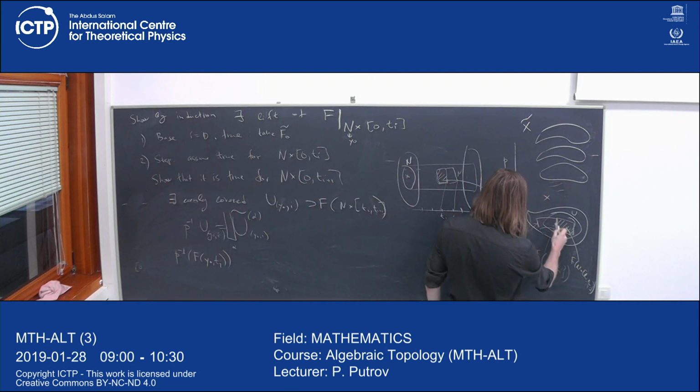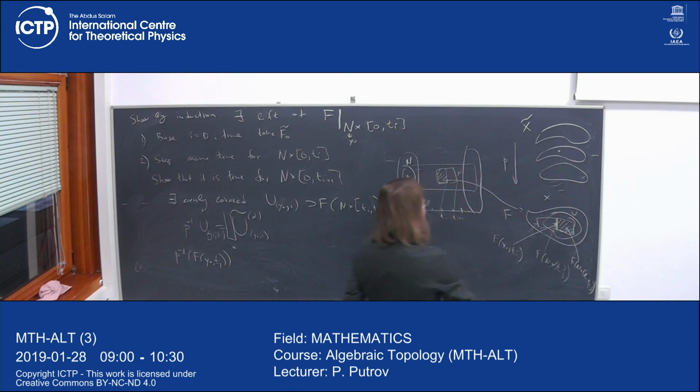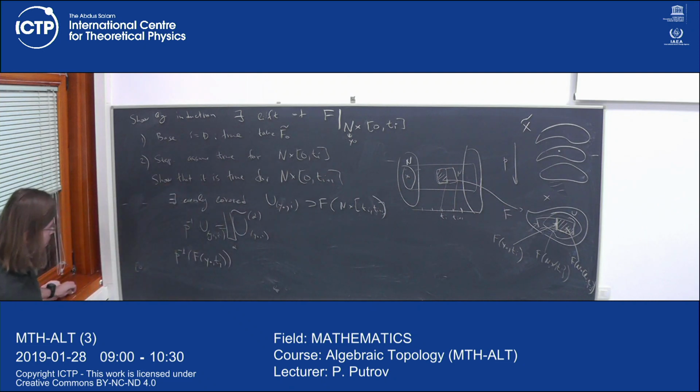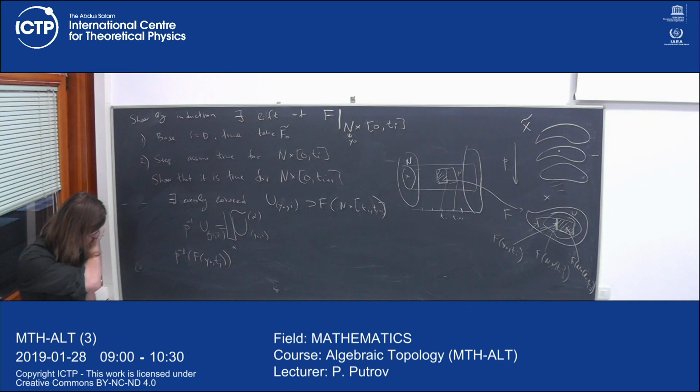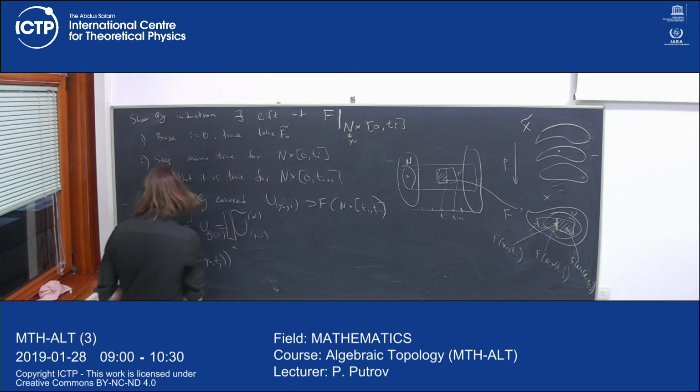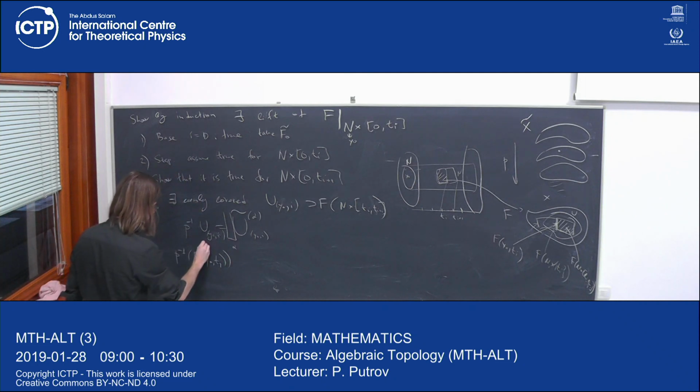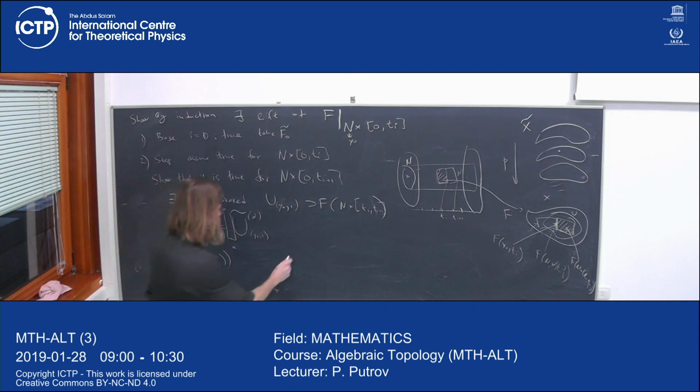N was the neighborhood of y0, so this point is f of y0, t_i, and so this will be long, of course. So this whole thing, and then we also know that